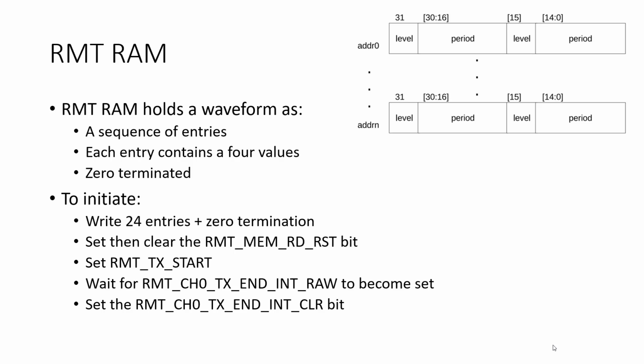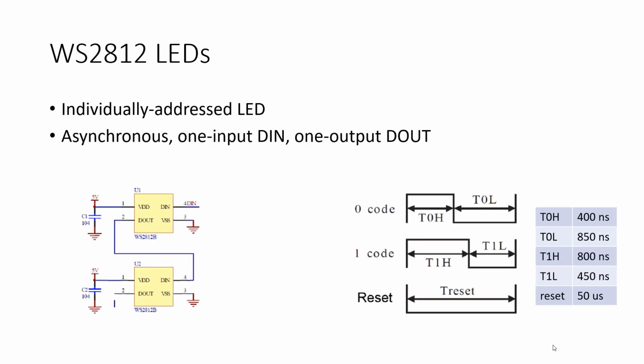What I mean by that is when you look at the WS2812 LED protocol, this encoding scheme, it always is high and then low, right? High, low. So the RMT is programmed the same way, where you basically tell it how many clock cycles,